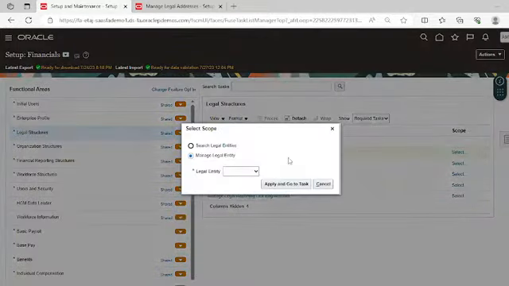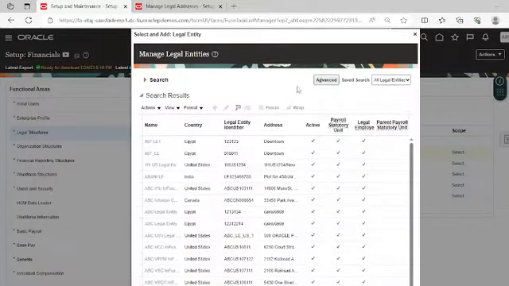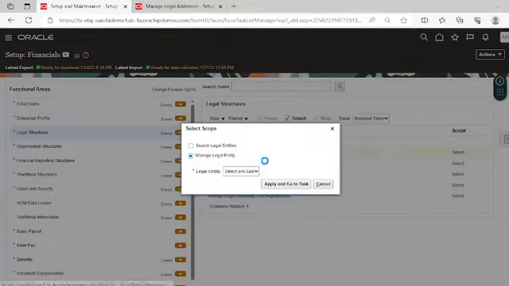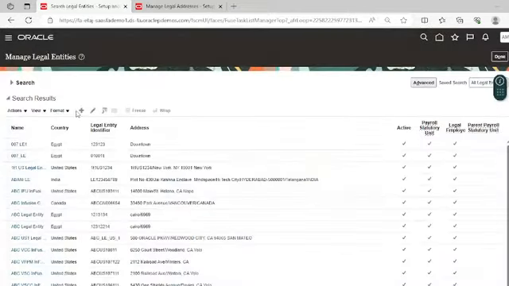Let's create the legal entity for the United States office. Click on Create New and then click on Apply and Go to Task. Click on this create icon.